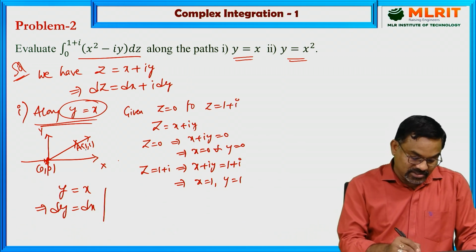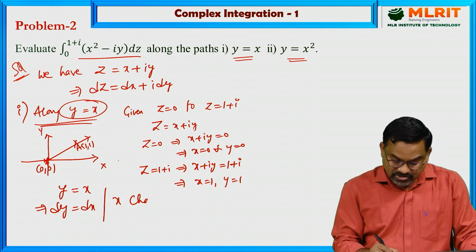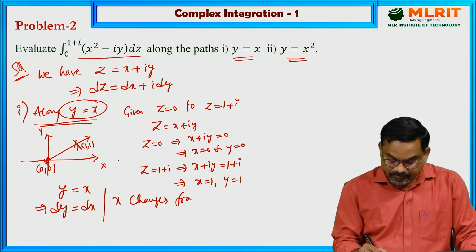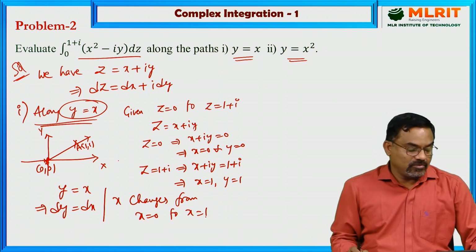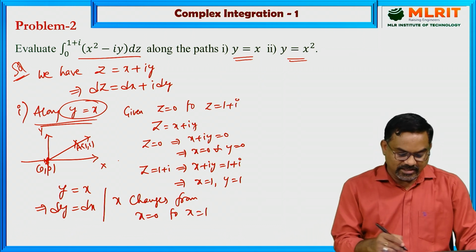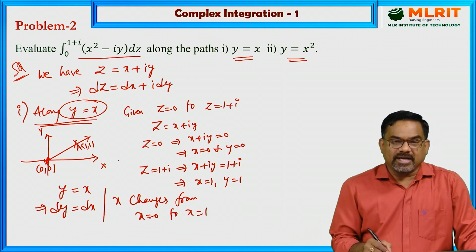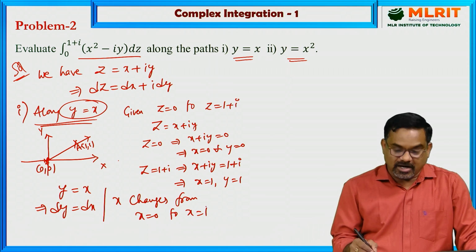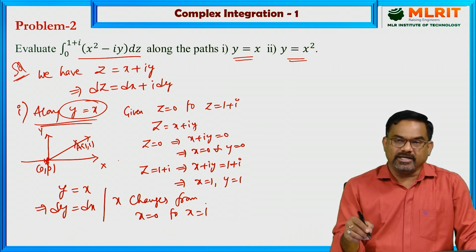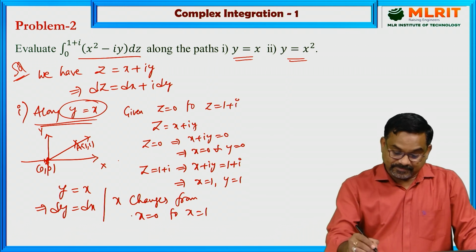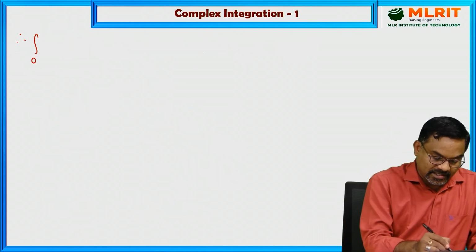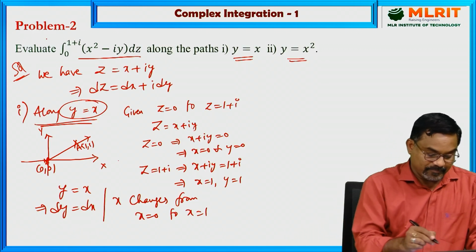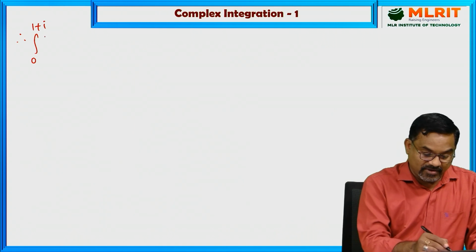Here x is 0, here x equal to 1. So x changes from x equal to 0 to x equal to 1. So we need to evaluate the line integral from x equal to 0 to x equal to 1, and we write the integrand completely in terms of x. So therefore, the line integral from 0 to 1 of (x square minus iy)